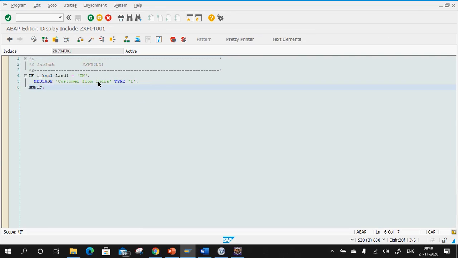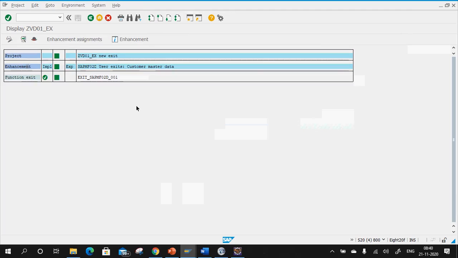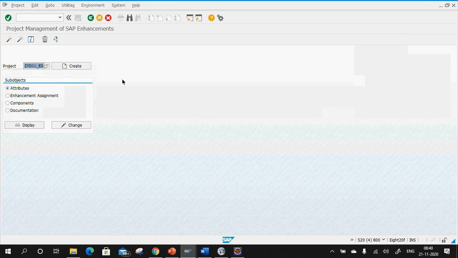So that is the point. What I was telling is that you won't be able to do it on a regular basis. This is a one-time activity. Once it is done, it is done in the system. Until and unless you are working on a new project implementation with respect to some new solution, you will not get a chance to work on this user exit or customer exit or program exit or